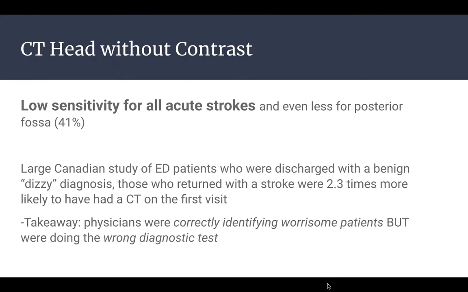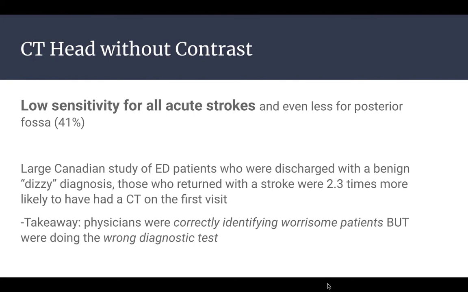There was a large Canadian study of emergency department patients that were discharged with a diagnosis of benign dizziness. Those that returned back to the emergency department and were diagnosed with a stroke were actually 2 times more likely to have had a CT on the first visit. So the takeaway from this paper is physicians are correctly identifying which patients are worrisome for a posterior stroke, but